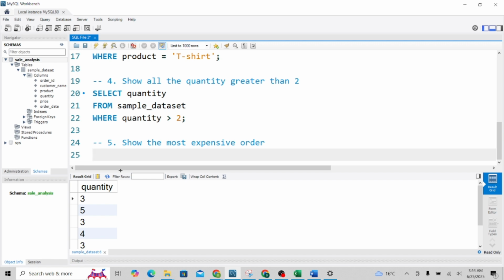For that we can select order ID, customer name, product, price,